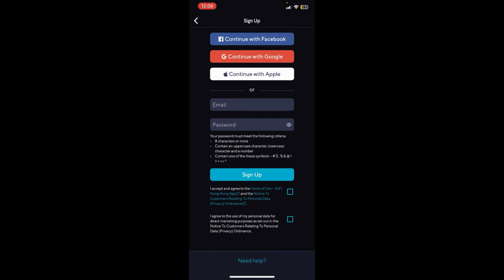And once you tap on it, you'll be redirected to the official sign up page of SoFi, where it is asking us for our email address and our password. So let me show you an example. So yeah, once your credentials are complete, click to sign up and you'll be able to create your account in SoFi. And you can also sign up with Facebook, Google and Apple on the screen. So basically this is how you can sign up in the SoFi app,